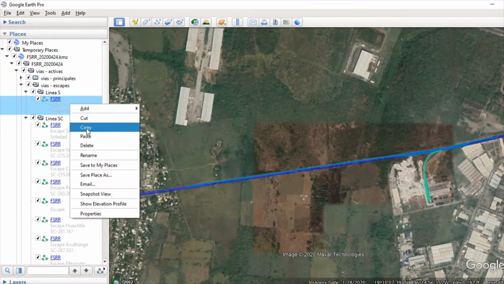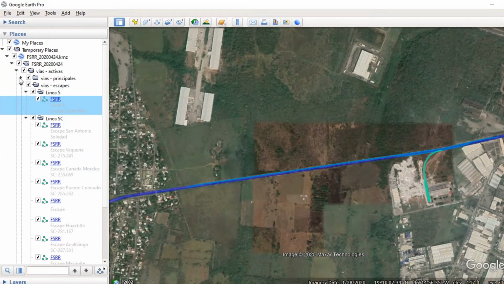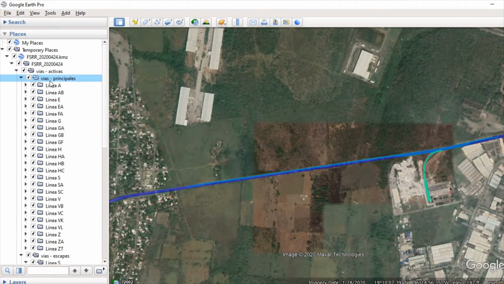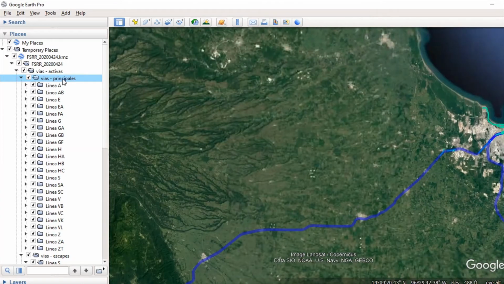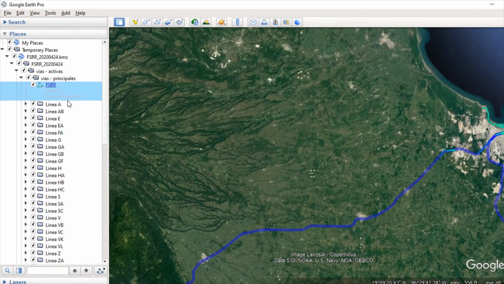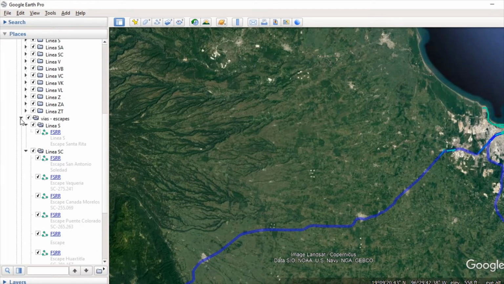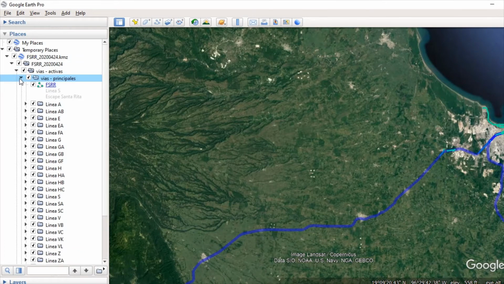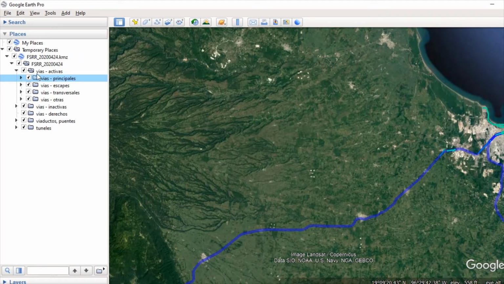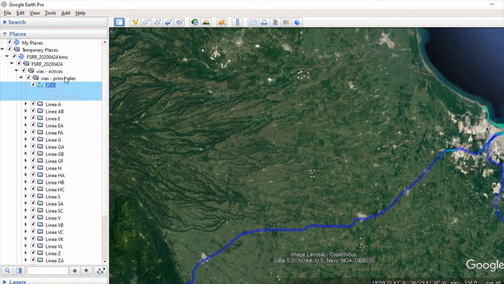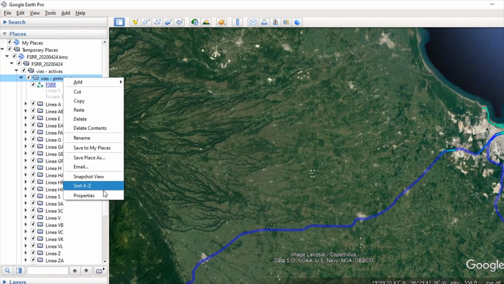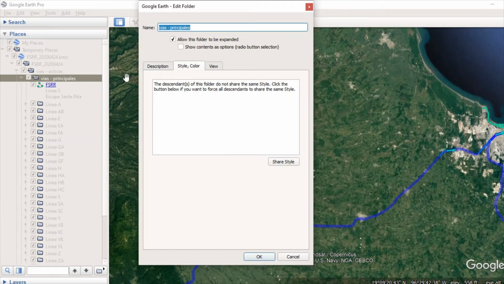I'm going to copy that item, right click, select copy, and then I'm going to go in, expand this folder, Vias Principales, the main tracks, and I am going to right click and paste, and now that's the first, the topmost item in this folder. Let's get organized so we can see here. In Vias Principales, if you right click now and choose properties,